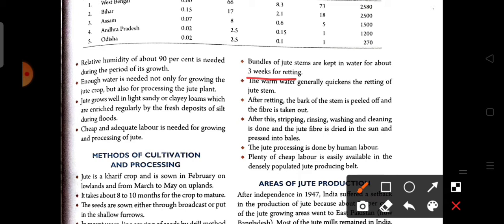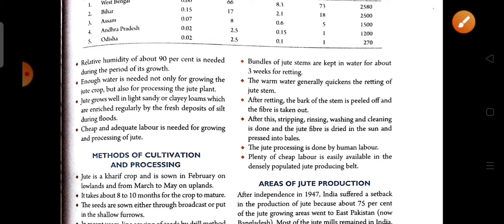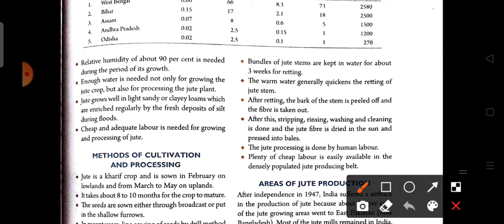Warm water generally quickens the retting of the jute. So here we see that the retting process is quickened by the presence of warm water. After the retting process, the bark of the stem is peeled off and the fiber is taken out. After this, stripping, washing and cleaning are done, and the jute fiber is dried in the sun and pressed